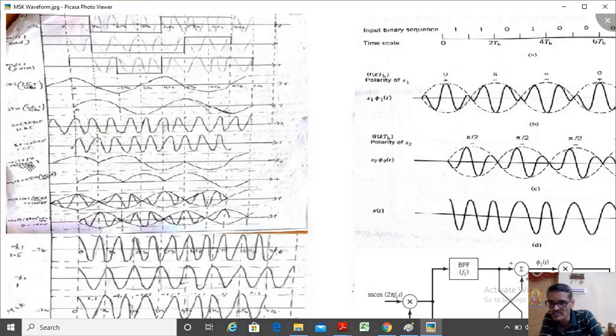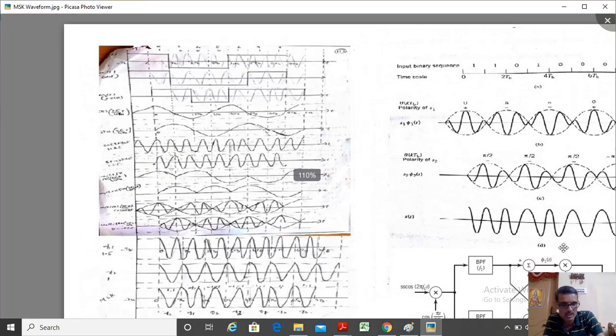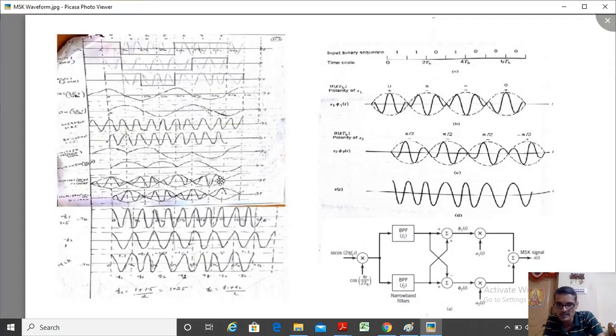Later, what I'm doing is multiplying this component with cos 2 pi fct and this component with sin 2 pi fct. Again, just look at this. It's an amplitude modulated signal, that's all, right? So I get this component and this component. Now this is equivalent to your basis functions, multiplying the basis function with the signal. So that will be the output of this product modulator. This signal I will get in the output of this multiplier.